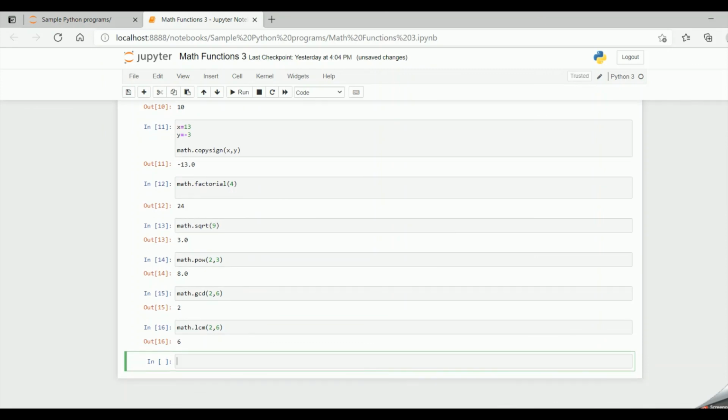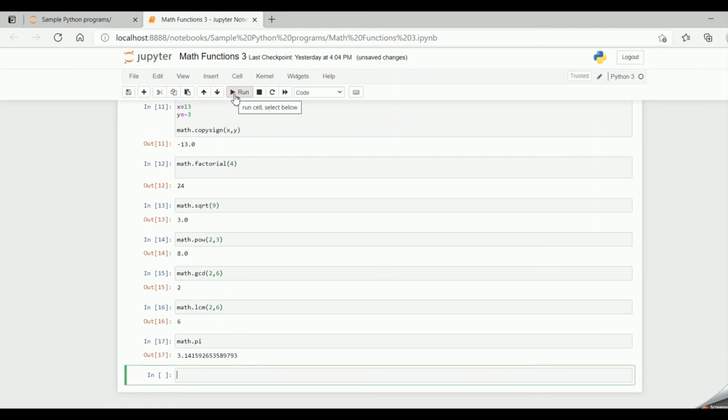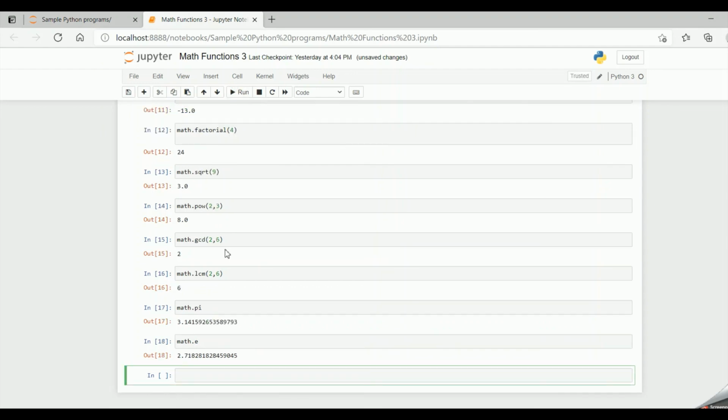These are some of the most important and commonly used functions. There are many more which you can check out and work on during your free time. And now there are some constants in the math module, that is pi. Pi is a constant which we usually see in mathematics. So what is the value of pi? Just type in math.pi, run the code and you get the actual value of pi. And now if I want to know the value of epsilon, that is e, I give math.e, run the code and I get the value of epsilon.